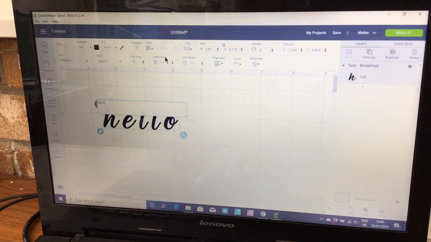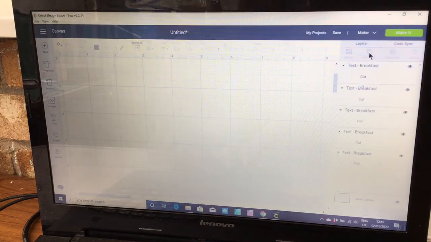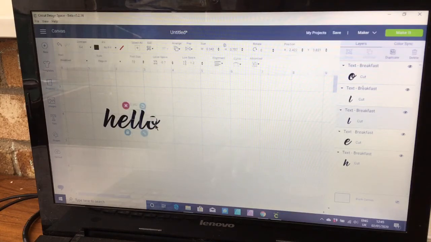and then letter space here brings them closer together, and you can keep pressing that. If it doesn't quite do it as well as you would like, then you can always ungroup them and then manually move them, or you can even use your arrows on your laptop to move them left to right, but that doesn't move them small spaces. And then once you've done all that, you can just regroup them all